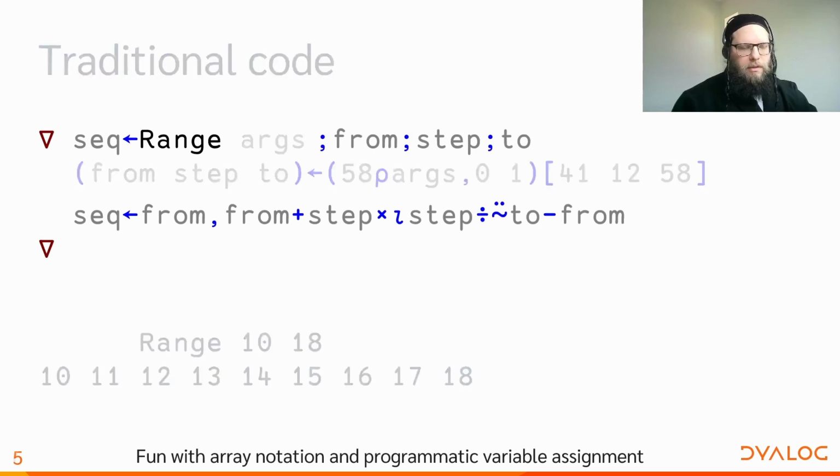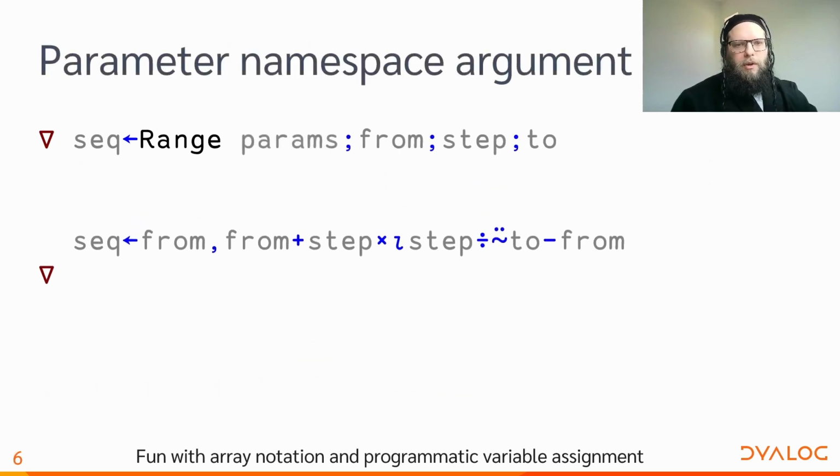So let's say that we change the architecture completely. Instead of supplying individual numbers as argument, we're going to supply a namespace. And that namespace is just a single argument, a single scalar, but it contains values with names that we have agreed on in advance. So you can just create this namespace and populate it with the values that you want with those names, and it doesn't matter which order you're populating because it goes by name, not by position. But we need to extract our values from there. So we can use